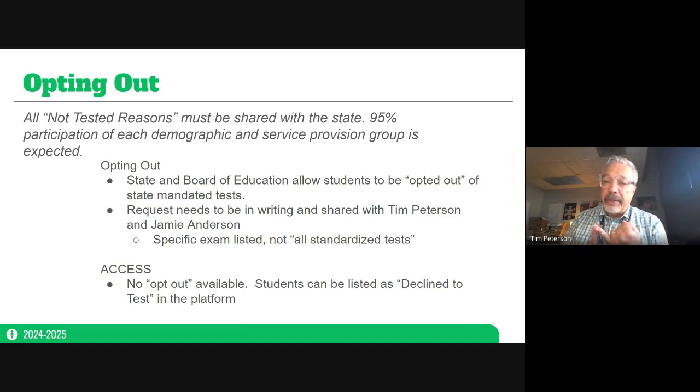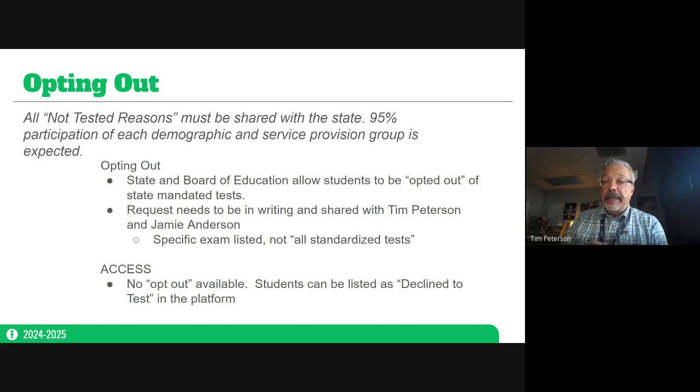Writing would be a handwritten note that gets scanned. It could be an email that gets shared with us. It could be, and I don't care for this, but if it comes to it, a screenshot of a text conversation. This typically happens when families speak another language and there is only one person in the building who is there to explain it to them and ask the question.